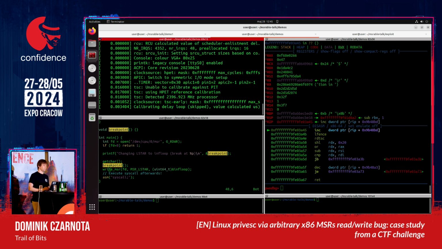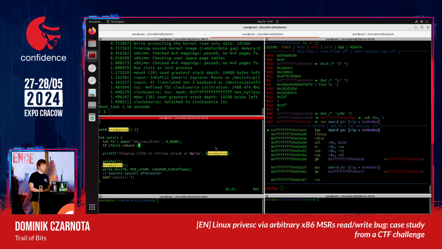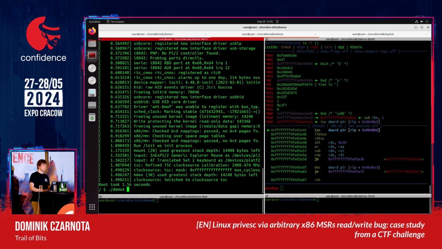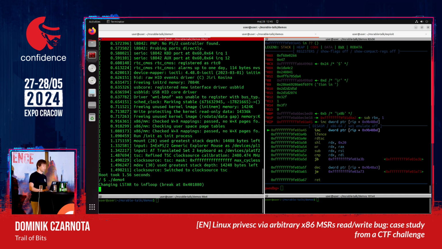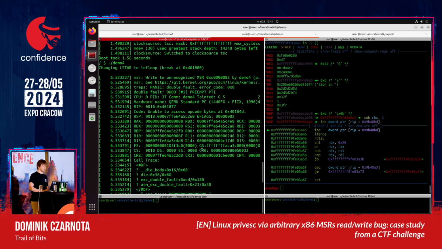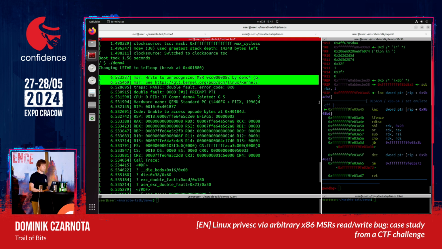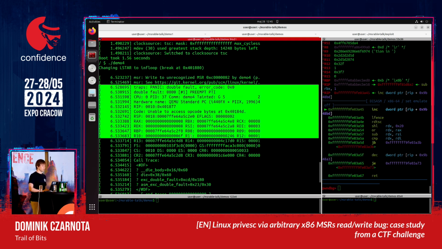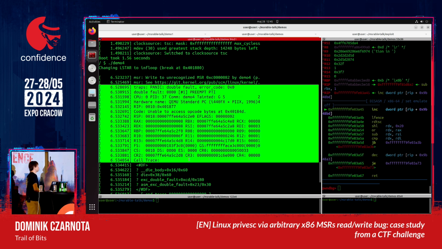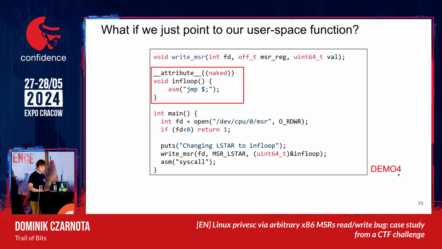But if I run it with logging, now we can see all the boot logs. And if I launch the demo 4 again and press enter, we can see here that, well, there is a warning that we write to some unrecognized MSRs, but this is fine. But what is wrong is this traps panic double fault. So the kernel is basically panicking that, hey, you accessed some memory that you shouldn't have accessed. So this does not work